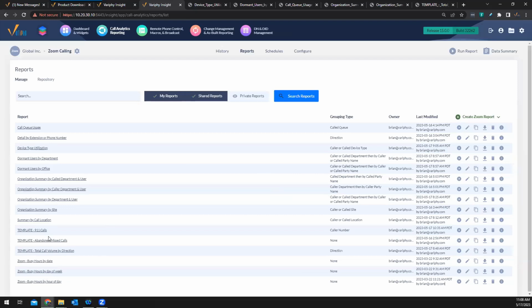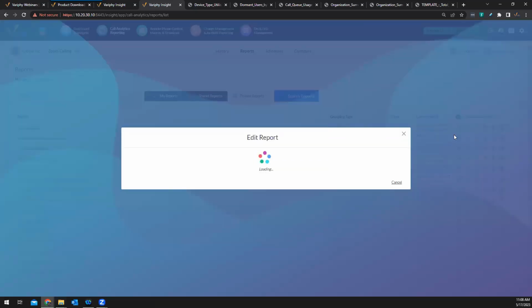And then I left a few as is because I didn't really use them, but these ones I just modified and changed things up a little bit. So I really didn't have to change much. All I really did was, because I just wanted to focus specifically on the Zoom traffic, I think it,